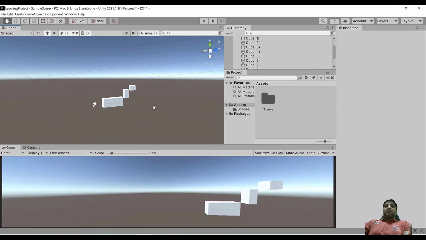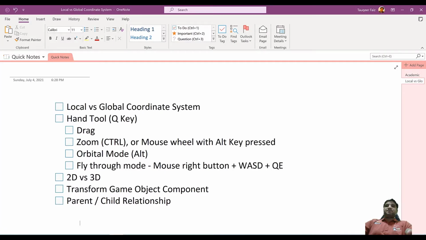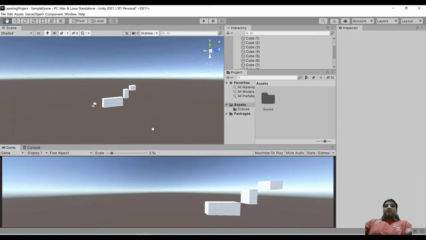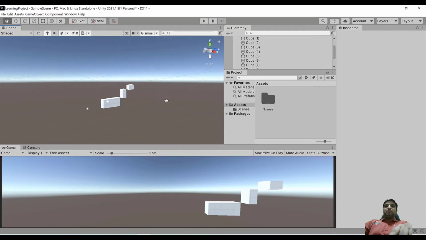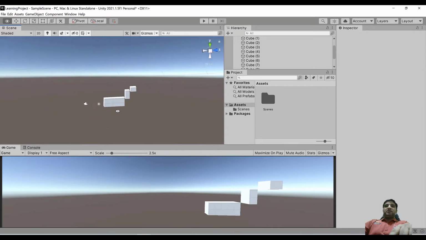Okay, so similarly there are other variations as well. Let me just look into it. Yes, as we have discussed about the alt key, use of alt key, and then you can move the scene. The next one is